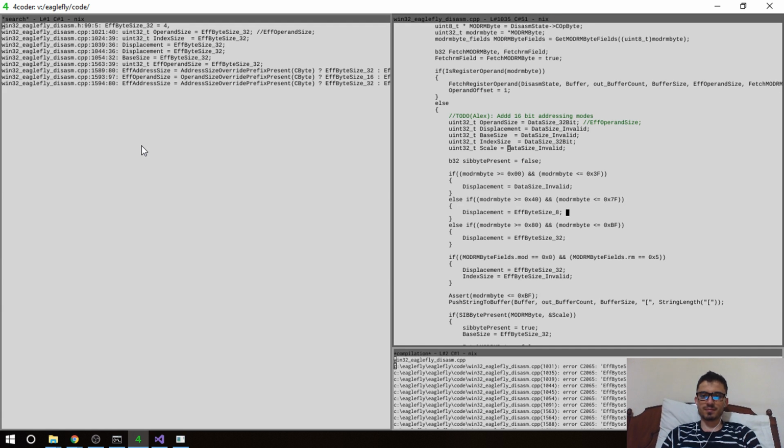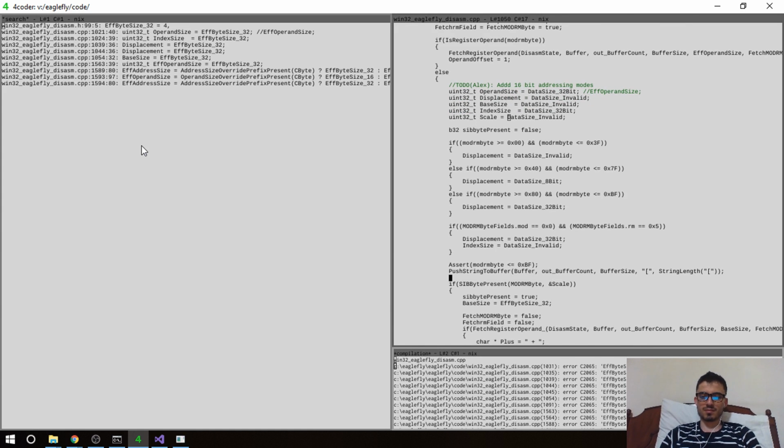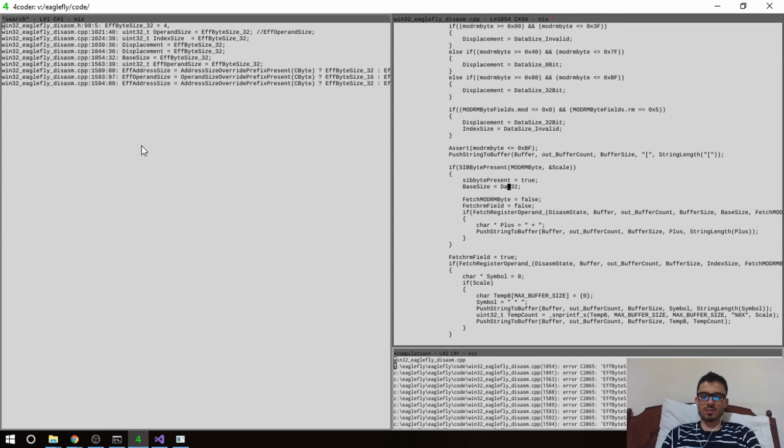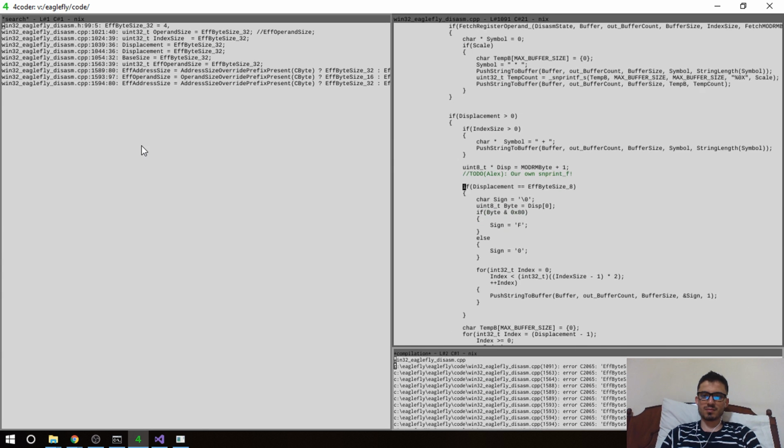data size invalid, data size 8-bit, data size 32-bit, data size 32-bit, data size invalid, data size 32-bit, data size 8-bit,